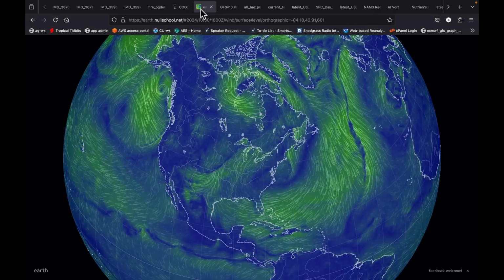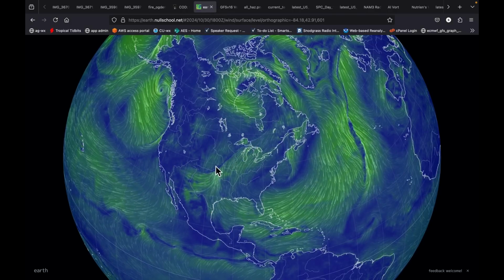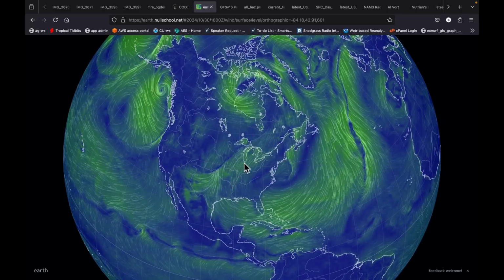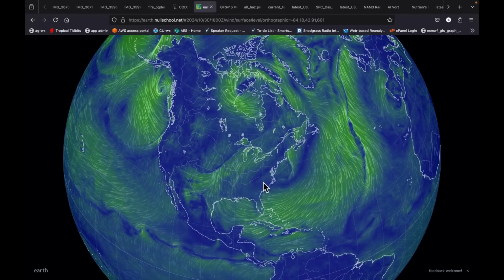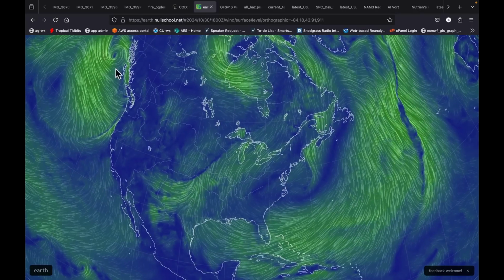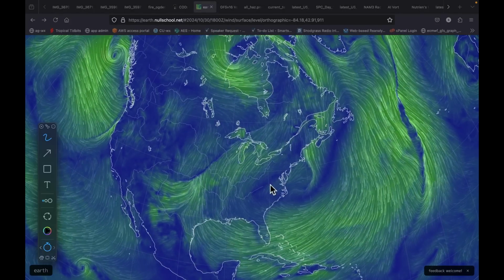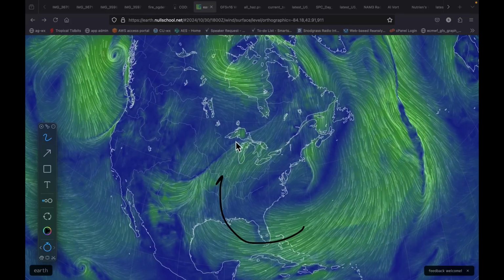And by the time we get into later on today, you're going to see this one develop a very sharp front right in through this area where it's going to be very windy and very warm out ahead of it, severe weather along the front, and a very abrupt change in temperature behind it. But the setup here ahead of our next one, which you can see here, is just, it's classic. There's high pressure over the southeast and mid-Atlantic, and the flow is just coming around, opening up the Gulf.